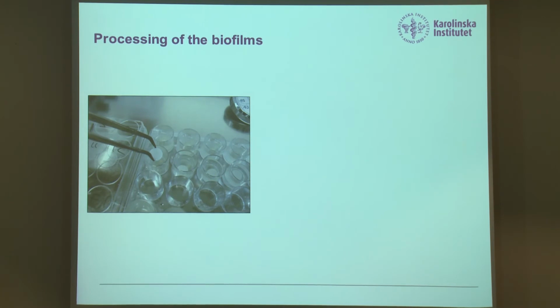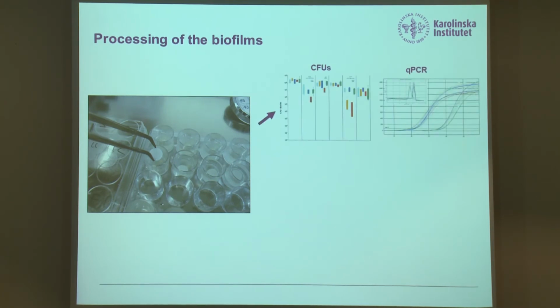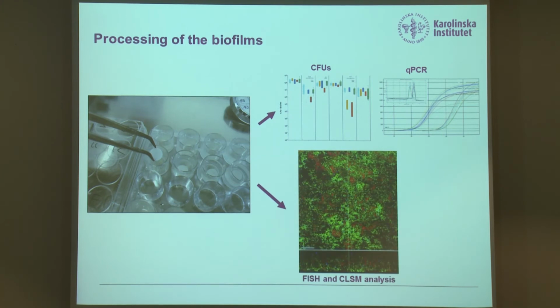And we can do a number of things. We can actually quantify what is in there, each of the individual species, at what levels are represented in this biofilm. Or we can perform confocal laser scanning microscopy, and we can actually identify where exactly each of these species is located within the biofilm. We can deduce different neighboring relationships between species in this manner.